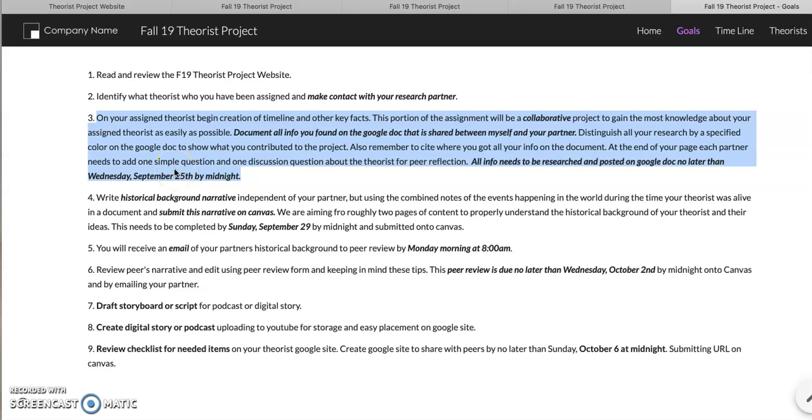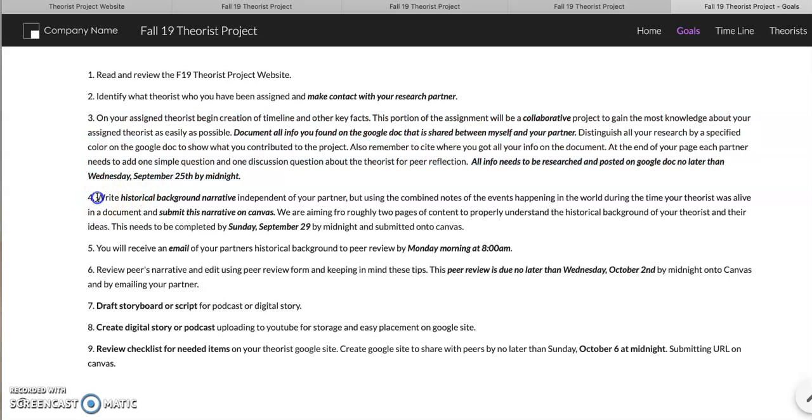Together, you are going to be assigned a theorist, and you are going to combine your efforts to research this theorist. You are going to research what historical times they lived in, a timeline of their lives, interesting facts, how their life applies to today's education system, why we might be studying them, and also some key terms that they came up with.